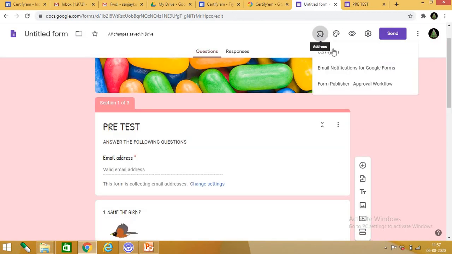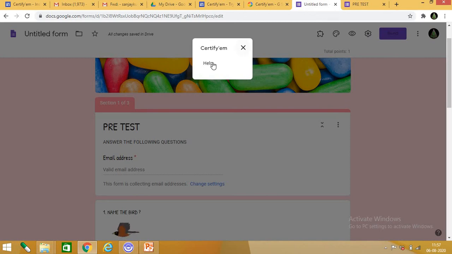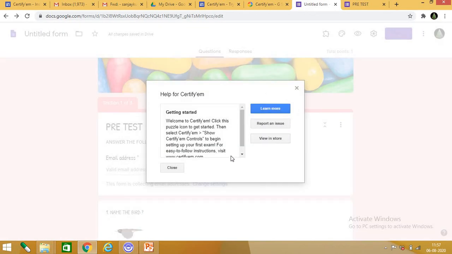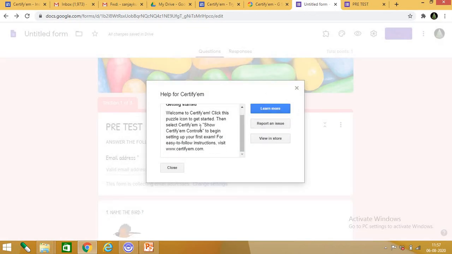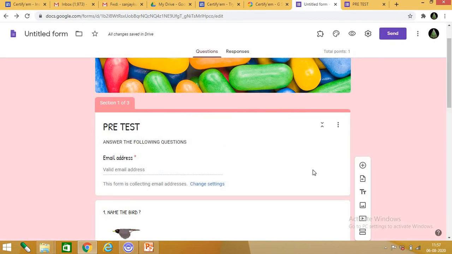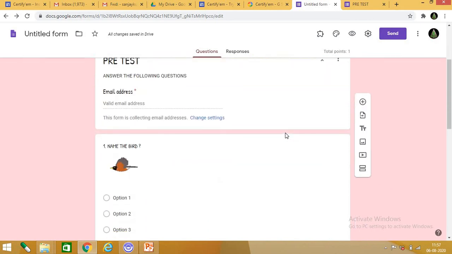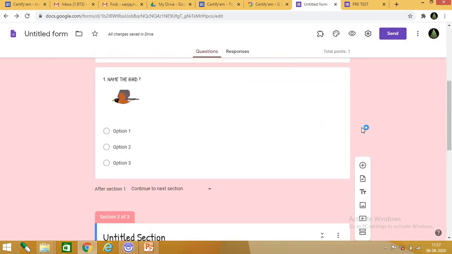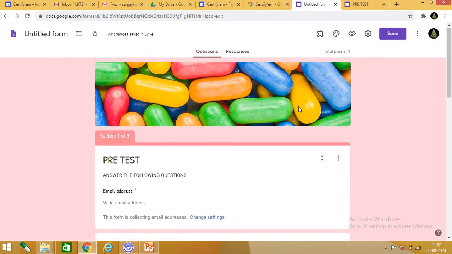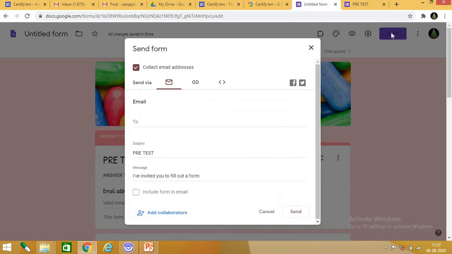Then you will go to Certify M. In Certify M you will go to controls, Certify controls. And you will choose the type of template you want. After that you will send this form.